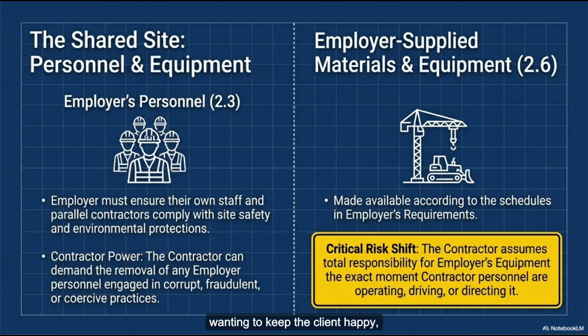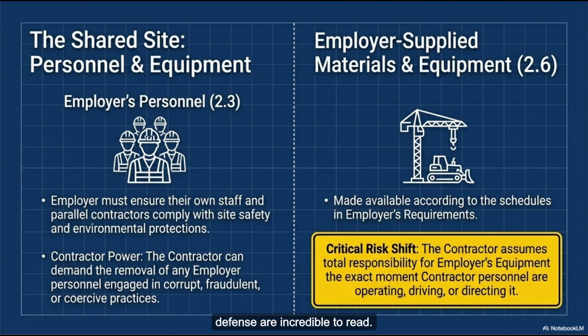And the contractor, wanting to keep the client happy, dutifully does the extra work and racks up tens of millions in new costs. Yeah. And then, at the very end of the project, the employer reveals they never actually secured the financing for all those last-minute upgrades. That's insane. The employer defaults, and the contractor is left holding the bag, often going bankrupt in the process. So, Subclause 2.4 is the contractor's ultimate defense mechanism against that.